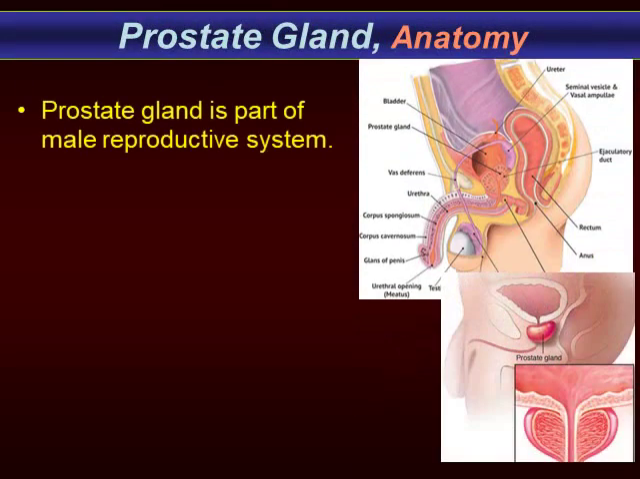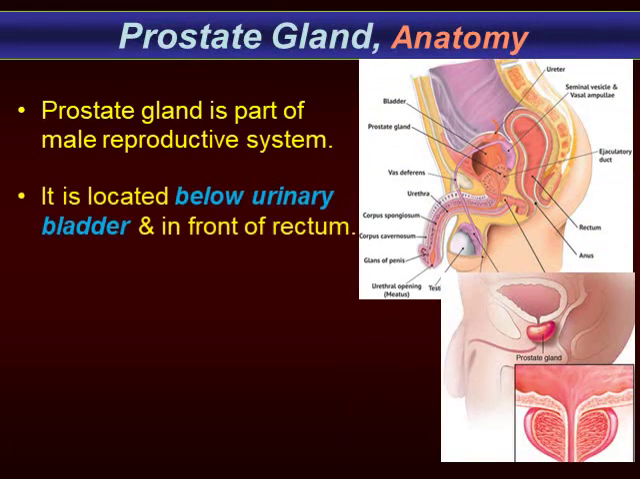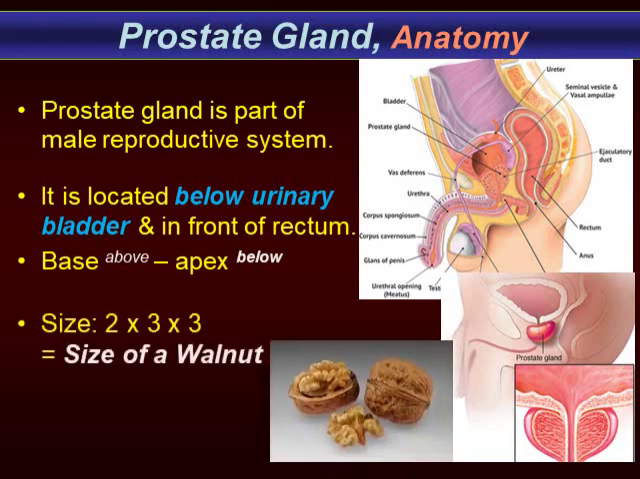The prostate gland is part of the male reproductive system. It is present below the urinary bladder, in front of the rectum, right here. As you can see in the picture, this is the urinary bladder, and the prostate is located just below it. It has a base, which is directed above, below the urinary bladder, and an apex, which is directed below. The normal size of the prostate is about 2 by 3 by 3 centimeters, almost equivalent to the size of a walnut. The normal weight of the prostate is around